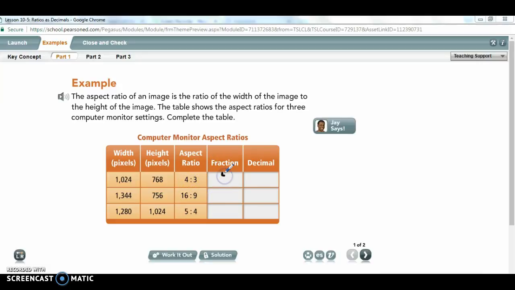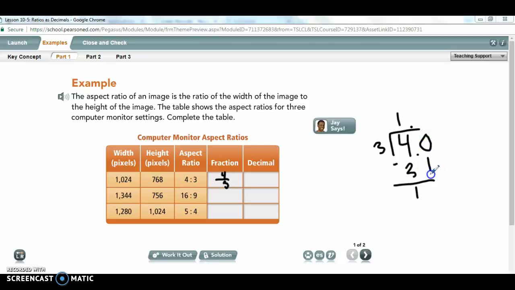The first number is our top number, 4 over 3. The second number is our bottom number. And in order to find the decimal, we have to divide 4 divided by 3. We know that 3 can go into 4 one time. That is 3, and there's 1 left over. We would have to add our decimal point,